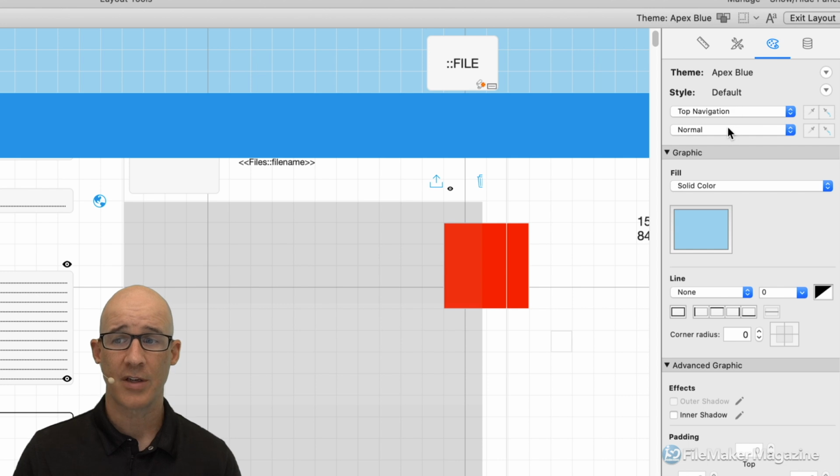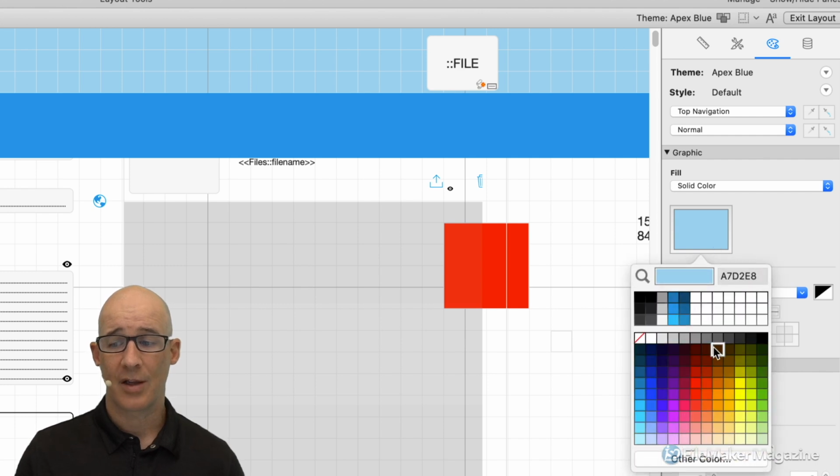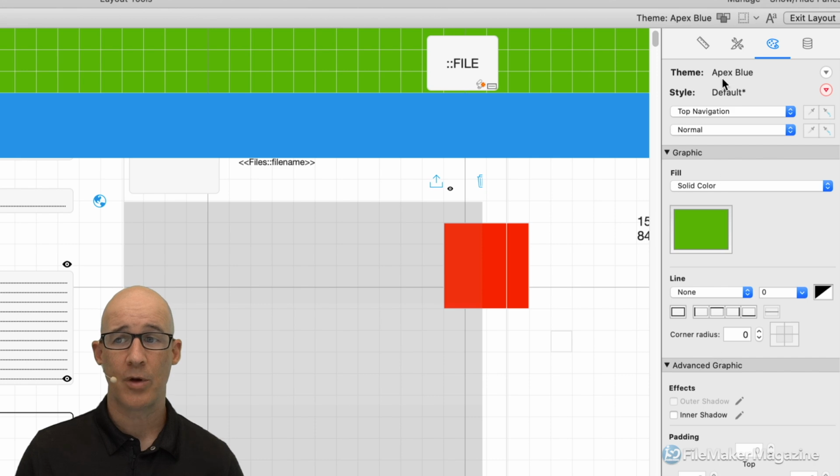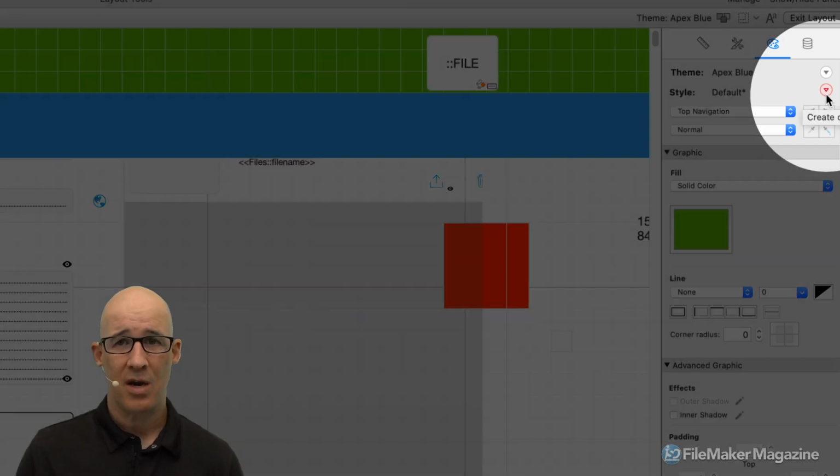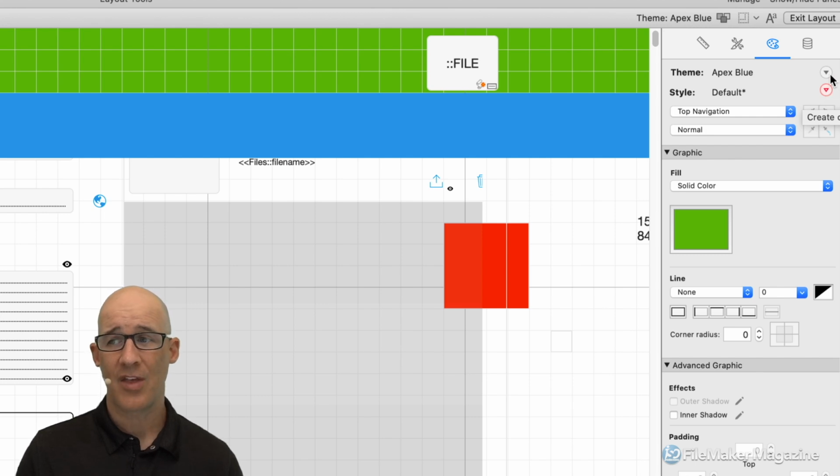So this default, I'm not worried about states. I can change from this light blue color on the default for the top navigation to a different color. Let's say I'm changing the theme to a green theme. I don't want Apex Blue, I want it to be Apex Green. Well, if I click this little button right here and I now save this style and then click this right here to save the theme,